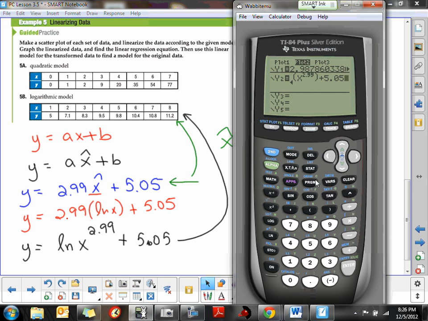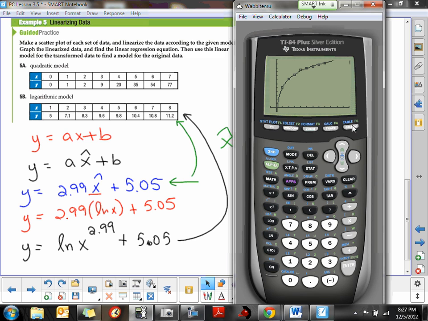5.05. Okay, I'm going to deselect equation number 1 because that is not the equation I want to see graphed anymore. I want to go back and see the original data set graph, which is in plot 1. I don't want to see plot 2 anymore. And now that I went back to the original data, I have to change the window back to what the original window should be, and that just means change your x's back from a -1 to 12, I guess is what we have. And if I hit graph, it should graph the original data with a scatter plot, and here comes our curve